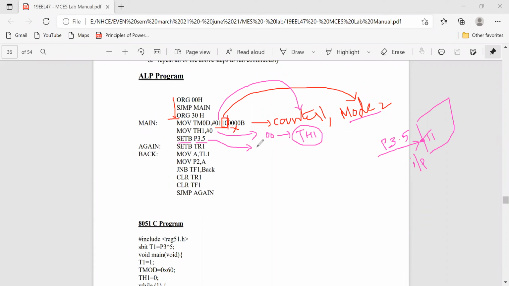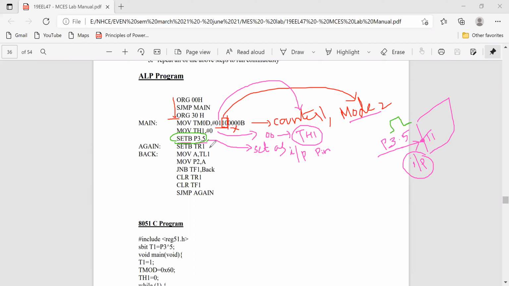Always initialize it as an input pin. Only then can you receive your clock pulse, and the controller will read it. Otherwise nothing can be read. This is the basic condition. You can put this instruction anywhere, even before the first instruction.